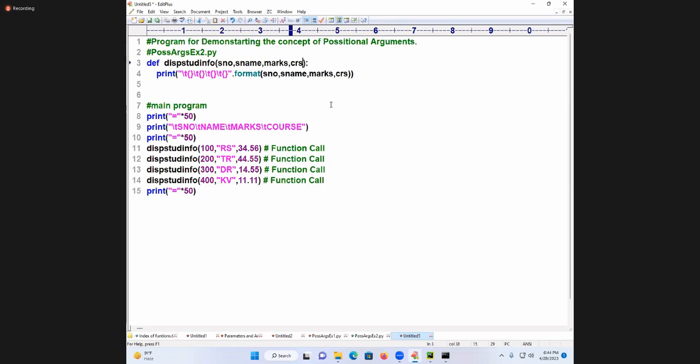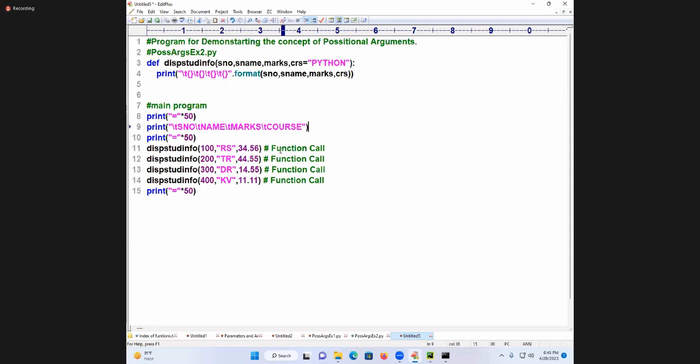Where am I writing CRS is equal to Python? In the function definition heading I am writing it. This CRS is equal to Python is called a default argument. Spell out: default argument. First of all, are you following me?